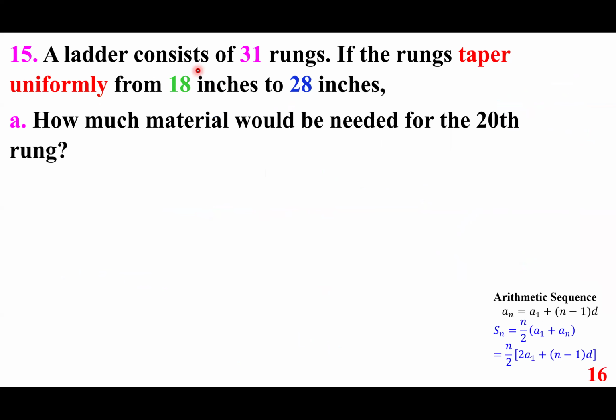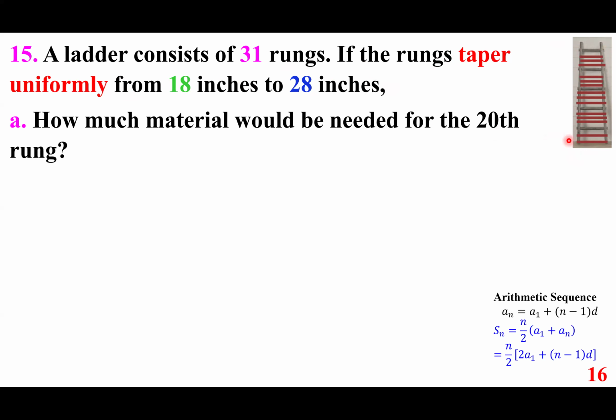A ladder consists of 31 rungs. If the rungs taper uniformly, we're going to pay attention to this in a moment and what it means, from 18 inches to 28 inches, how much material would be needed for the 20th rung? So we are looking at a ladder, and the fact that it tapers uniformly and it starts from 18 and goes to 28, that means you start with 18, you add something. Taper uniformly means you add some constant until you go from the very first one, 18, to the very last